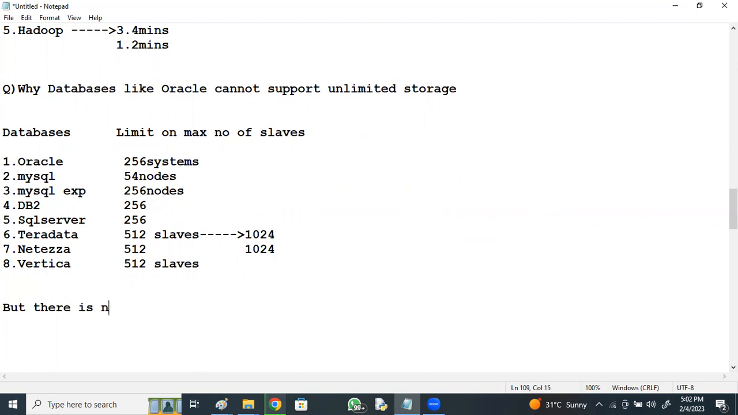there is no limit on the number of slaves that Hadoop can have, right? No limit on the number of slaves that Hadoop can have. It can go with an unlimited number of slaves. Yahoo, when it first implemented Hadoop,